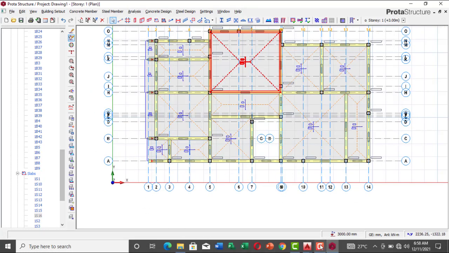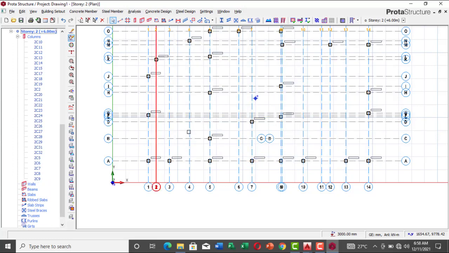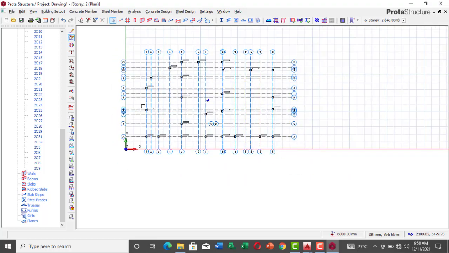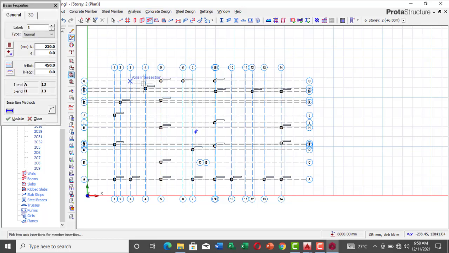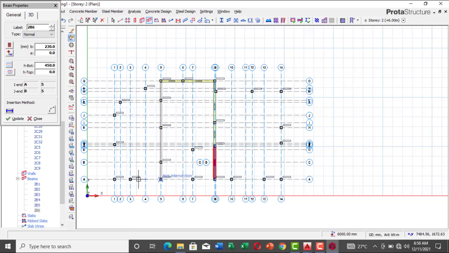So you can just go to the other story. So that's the second story, story 2. So here we just need, you know, everything here is just roof beam. So you just need to draw. So for roof beam, definitely you need all your perimeter beams. So draw your beam. I still have 230 by 450 beam, so draw your beam, a replica of what you have there probably. And then, so let me say you have a beam here. Yeah, good. Then here, this beam is just going to carry the